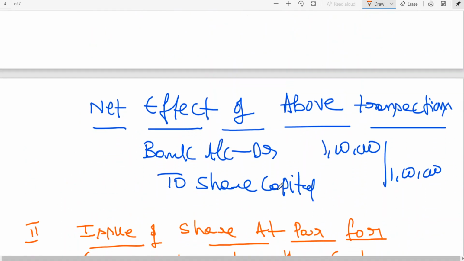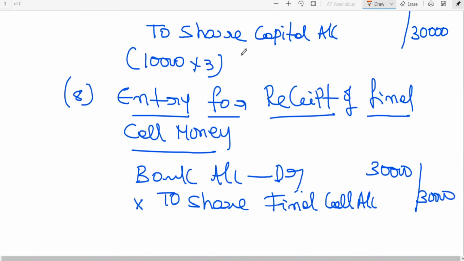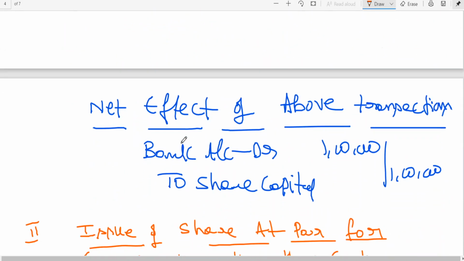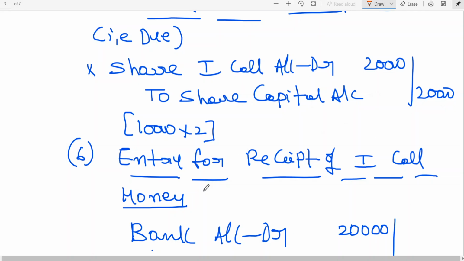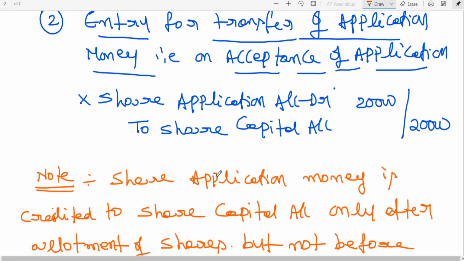So I think ultimately these two accounts will be left. If you even open the ledger accounts, all ledger accounts will be closed. Finally, bank account, share capital. My dear friends, this will be taken to where? Balance sheet. So please remember, you are learning the entries on the date of issue of shares. You are not talking about recording the transactions of a company as I have explained in my previous class. Is this clear? I think that is why it is fundamentals. So today we have seen two things. One is issue of shares for cash.